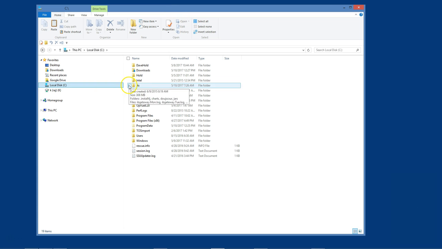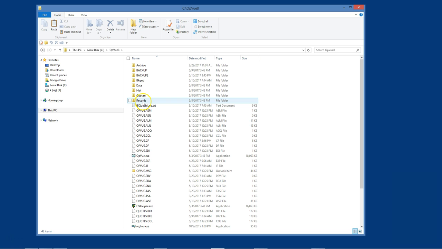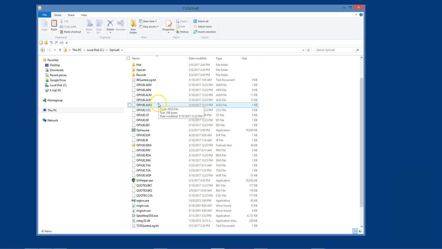As a side note, when I know I'm going to be using one of my other computers, I will copy certain program files from my main work computer to my local cloud drive, and then when I'm on my other computer, I will copy those files from my local cloud folder to my local OptionVue folder. These files are OptionVue.ccl, OptionVue.cf, OptionVue.df,